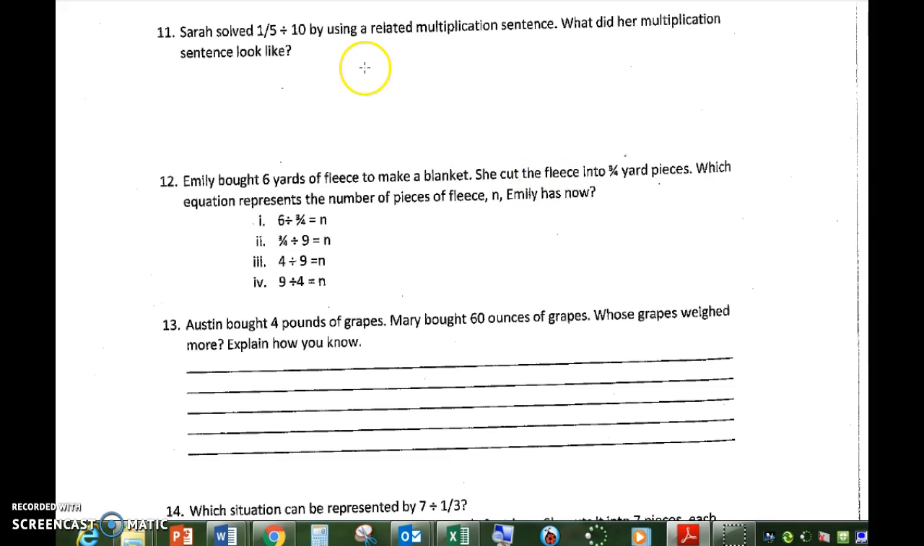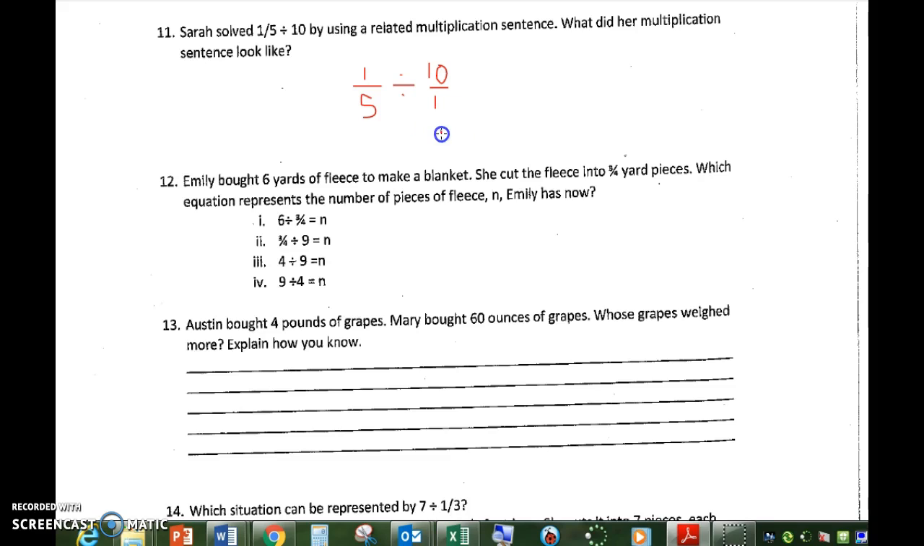Alright, if she was doing 1/5 divided by 10, we know that she would need to put 10, because it's a whole number, over top of the number 1. All whole numbers have the number 1 underneath them, whether it's written there or not, it does. They're there. Alright, so in order to do a division problem, you need to change that 10 over 1 into